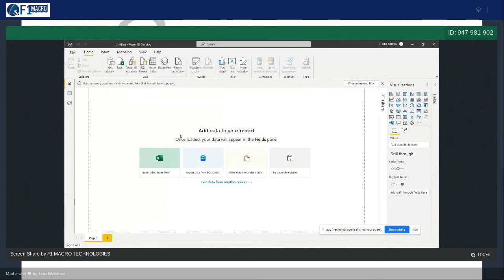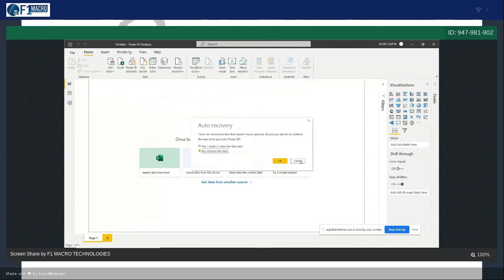Once you open Power BI Desktop, you can see in the window as well there is a get data feature. So I have told you three get data points: one is get data on the ribbon, get data here, and get data once you open the desktop.